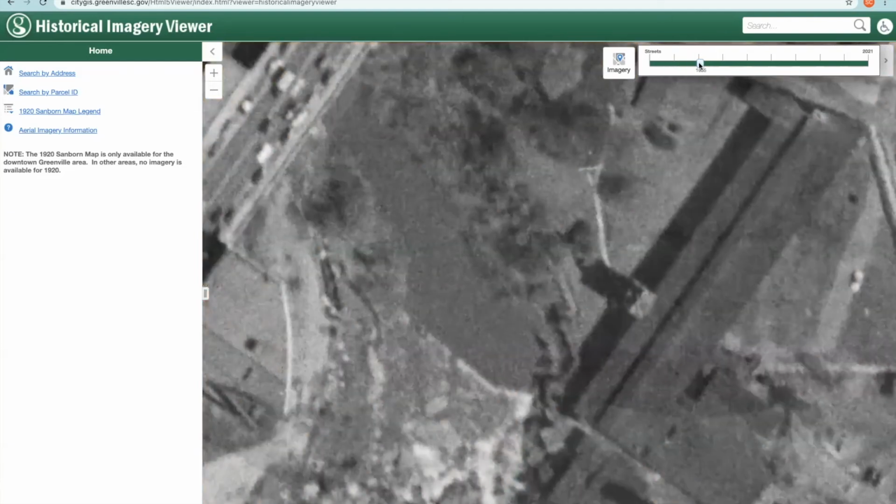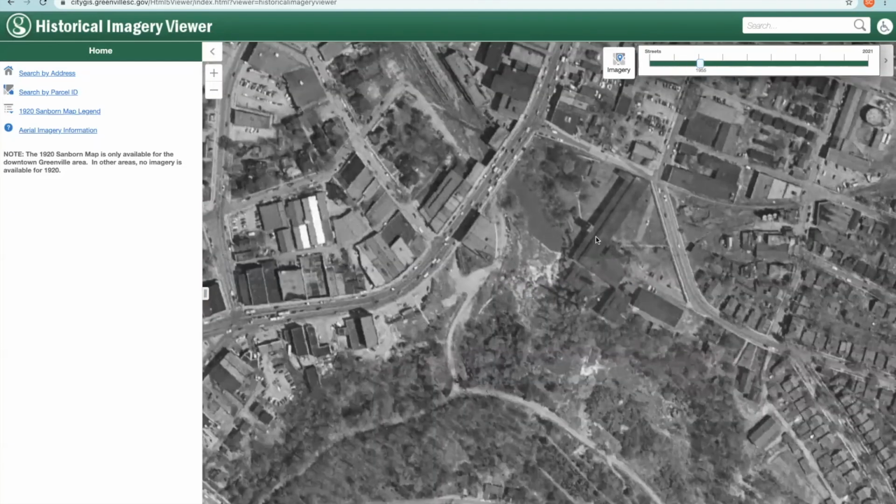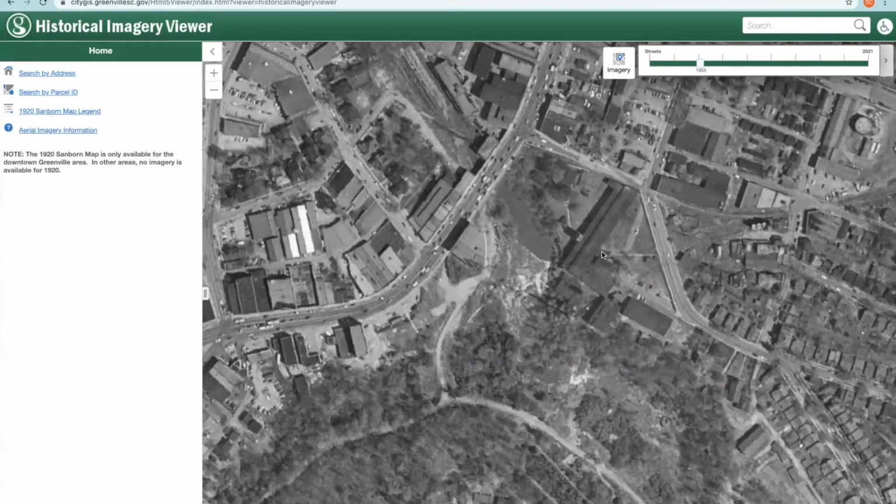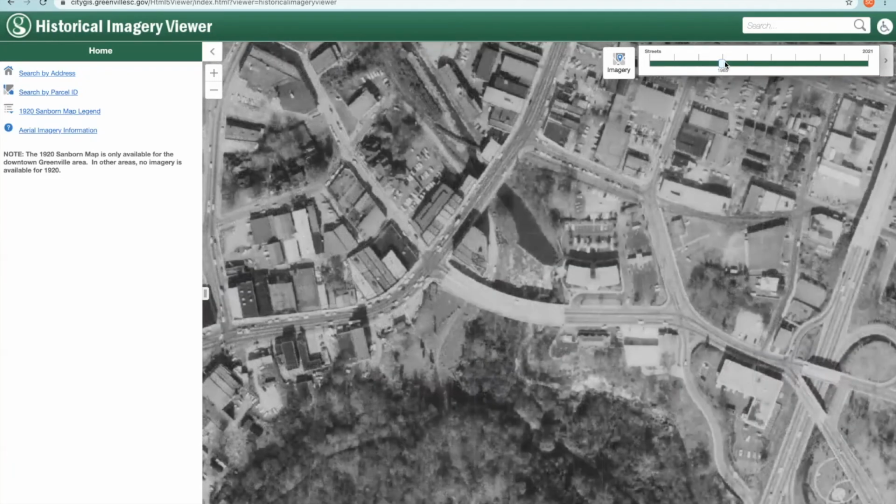Then we can also keep using our slider, and now we'll get into some aerial imagery. I'll zoom out. So this is from 1955. I know we looked at aerial photos a minute ago. This one actually goes back in time more than the county one as of right now. Once again, sometimes it'll be a little bit out of the city limits, but a lot of this is going to be specifically for the city, because it is the City of Greenville page.